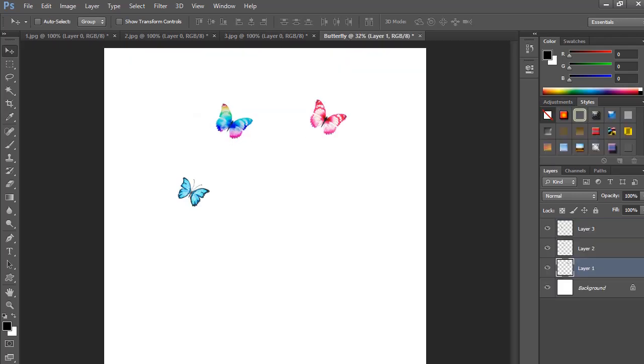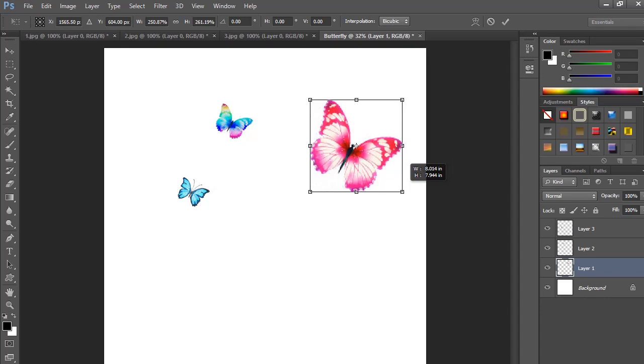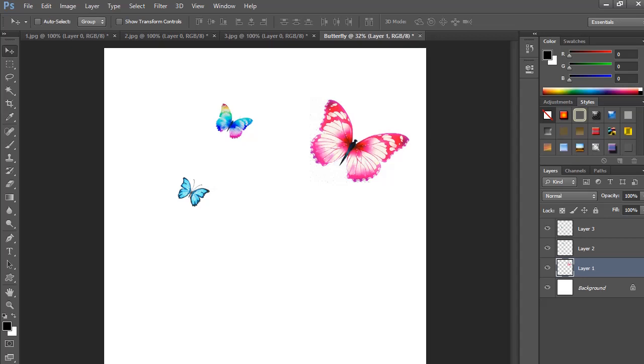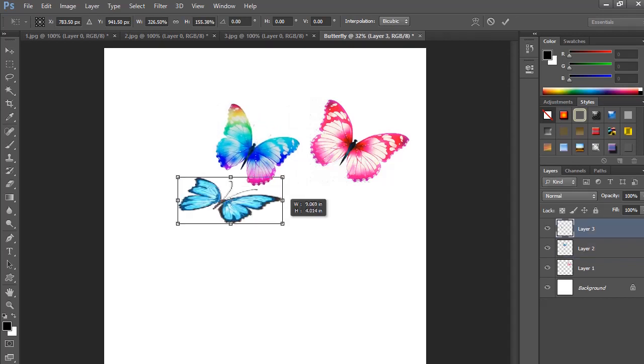Now we're going to select each layer and change the size of each butterfly. From layer 1, select Ctrl T. Okay, now you can resize butterfly 1 from here. Click here to save your changes. Do the same for layer 2 and layer 3. Again, Ctrl T. Then okay,